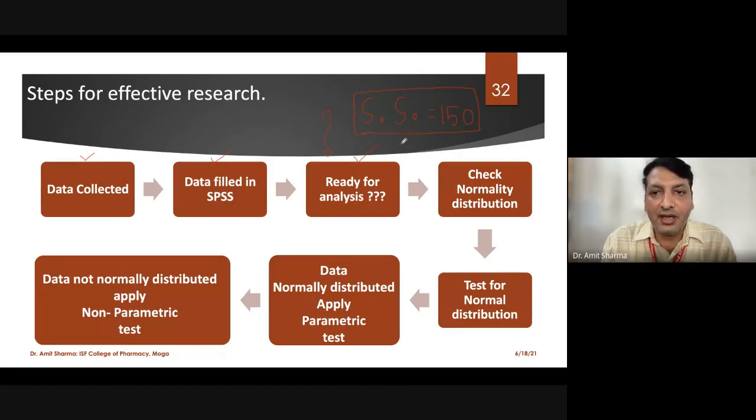What does it mean? If you have got a bell-shaped curve like this, an exact bell-shaped curve, it means you are ready with the analysis. And if you didn't get a bell-shaped curve, you have got skewness in your data. For example, your data is like this, or you have got a positive skewness. This will be called positive, and this will be called negative skewness. Skewness in the data. I'll write the term here: